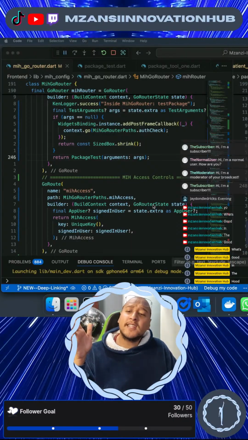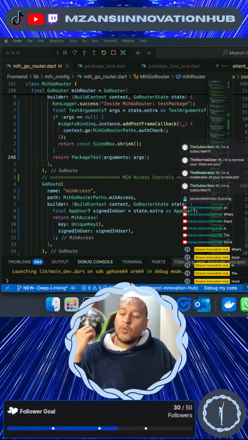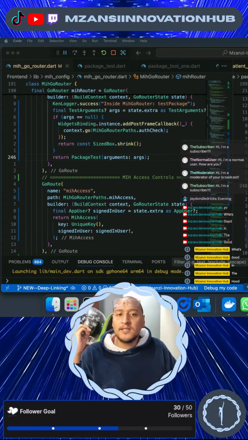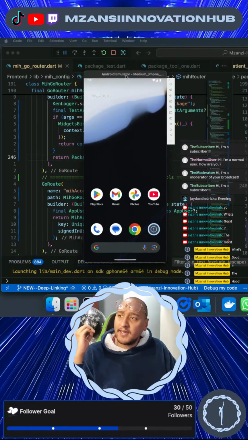So let's switch over to our emulator version and let's run that. There's a strange thing happening. I'm sure it has something to do with how the Go router works, but we'll dive into it to see what's happening. But here is our